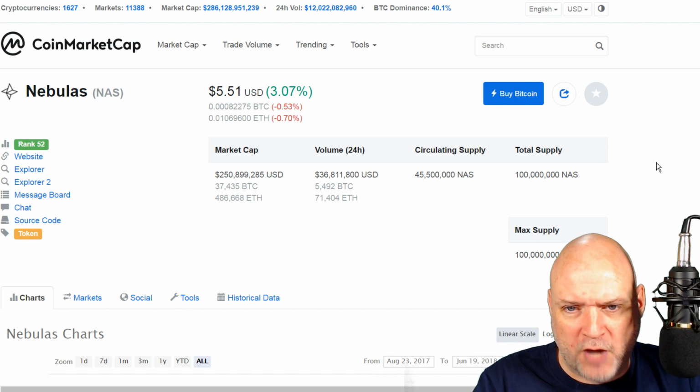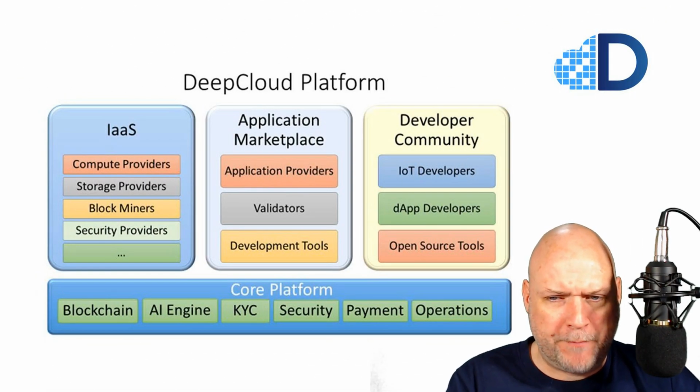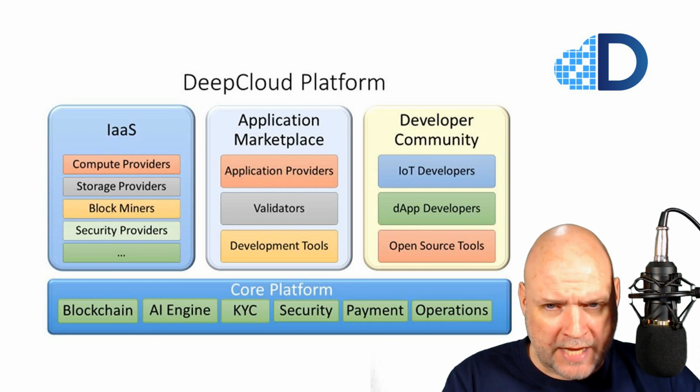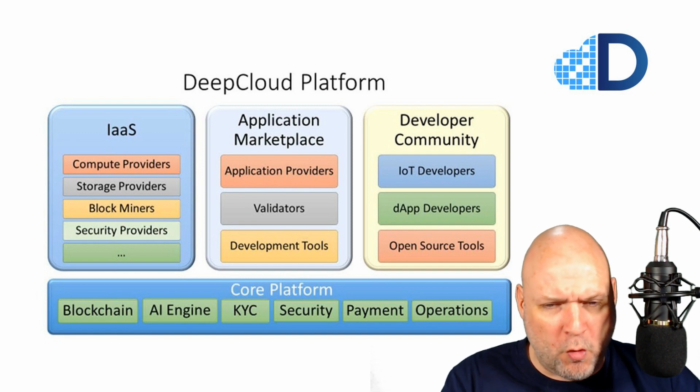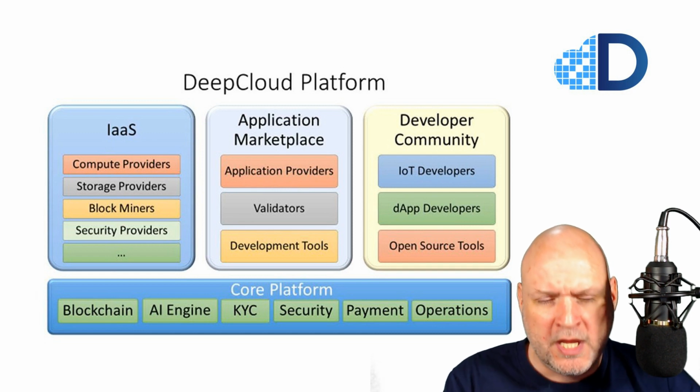But back to our project at the moment, which is also offering an ERC20 placeholder token, and that is DeepCloud. So there's no demo at the moment, but what they intend to provide is a blockchain on the Nebulous platform with the AI matching engine in the stack that you can see behind me as well. So basically, the whole concept behind this is to have a competitive advantage in the AI matching engine over the rivals, but also have this